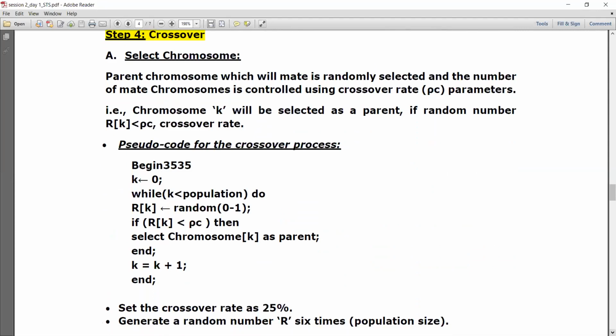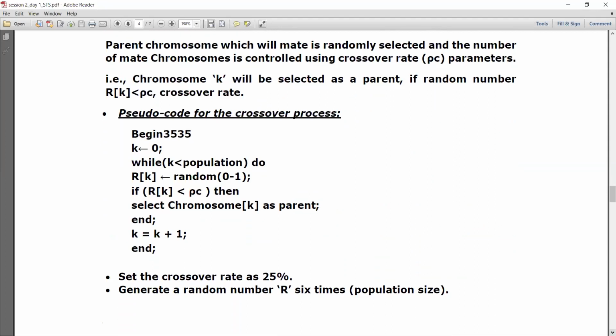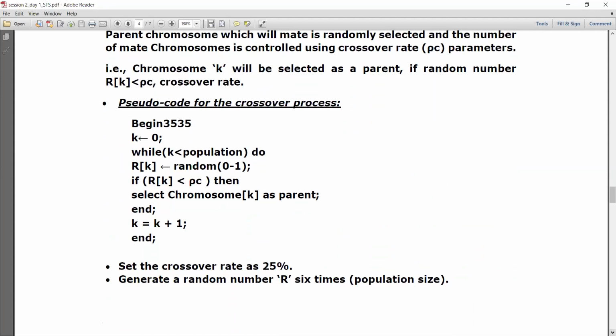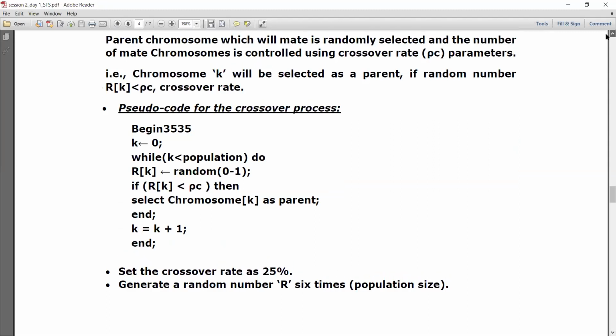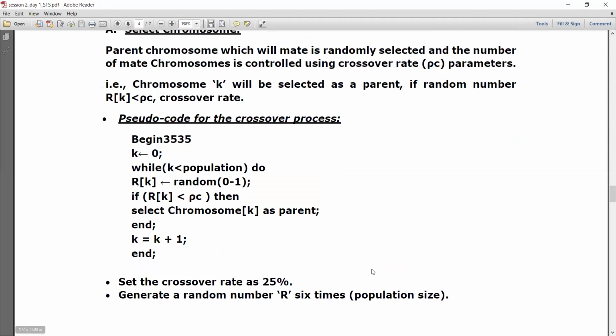In crossover, there is a very simple pseudocode. In the pseudocode there is a small typographical error; it is only begin. So what does it say? I have 6 chromosomes in my mating pool, but not all the chromosomes are going to take part in the crossover operations, because we have the freedom to select whether we are going to have 100% crossover or 25% crossover or 50% crossover, which is decided by a parameter called the crossover rate. Here let us assume the crossover rate is 25%.